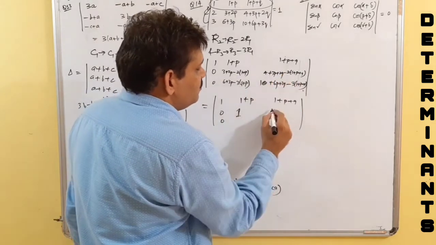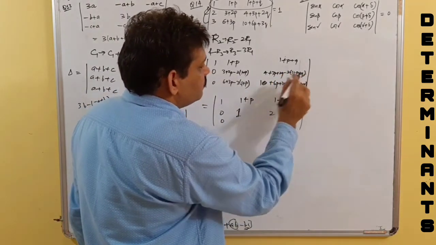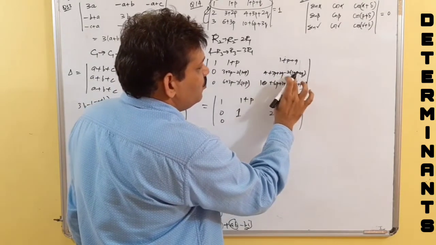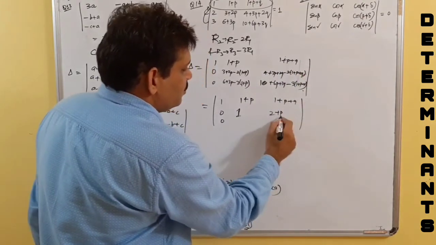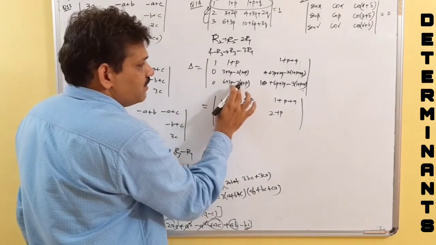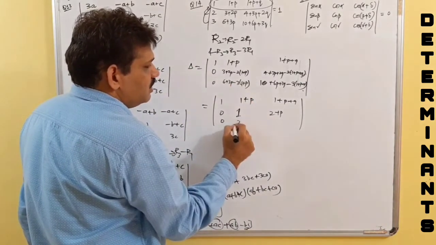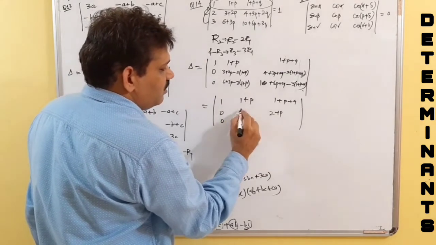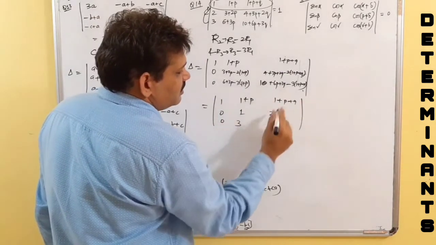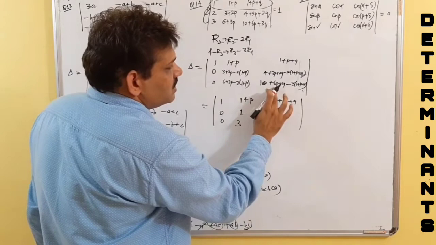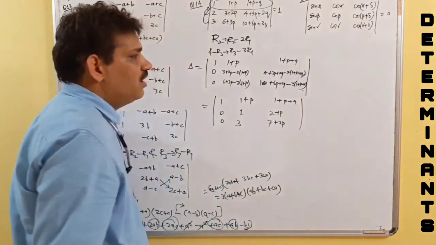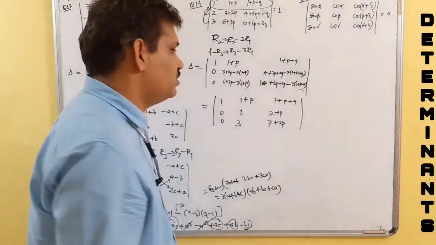Now 4 minus 2 is 2. 3P minus 2P is 1P. 2Q minus 2Q, there is no Q at all, 0 Qs. 6 minus 3 is 3. 3P minus 3P is 0P, that is no P at all. Now here 10 minus 3 is 7. 6P minus 3P will give me plus 3P, and 3Q minus 3Q is 0 Qs.